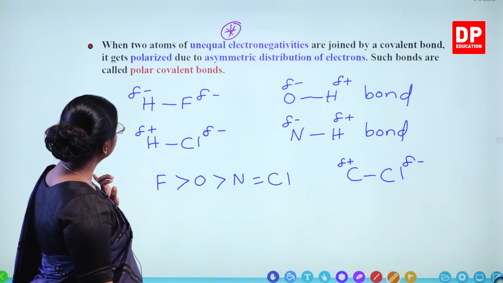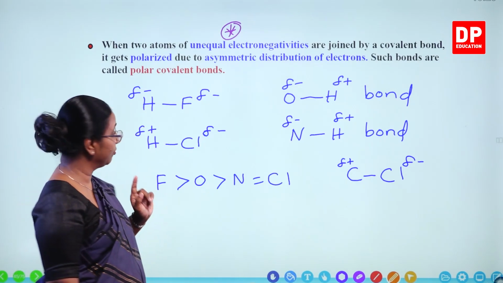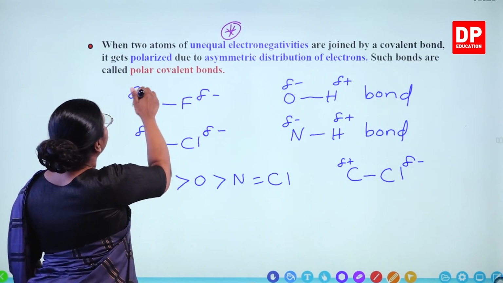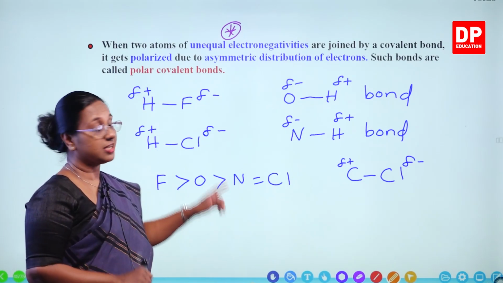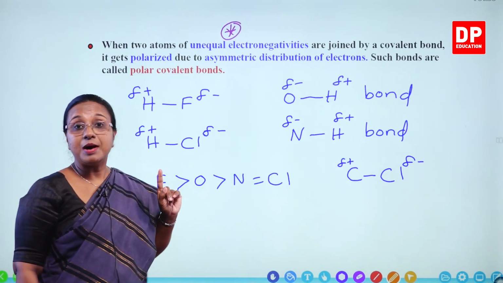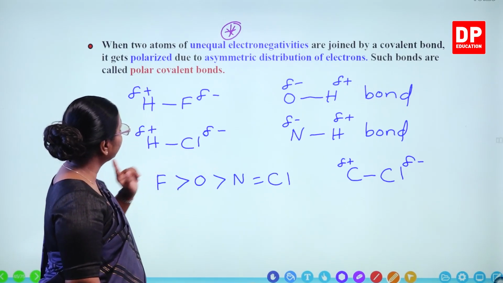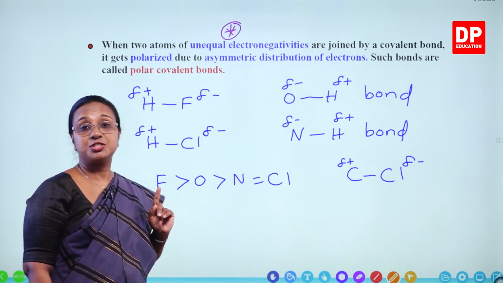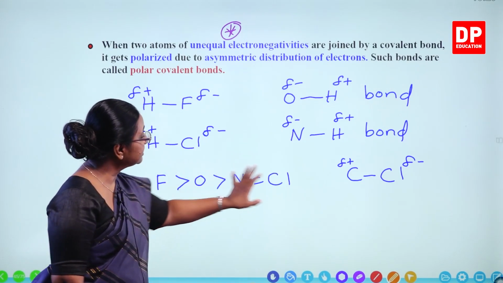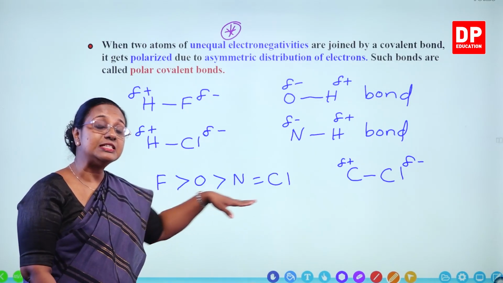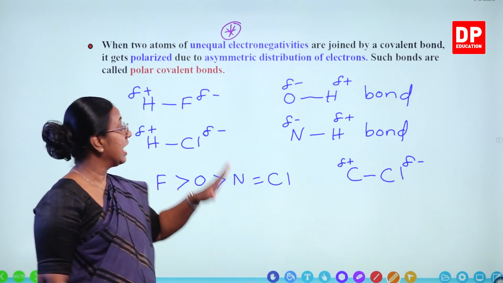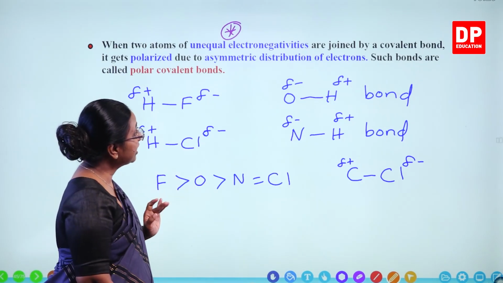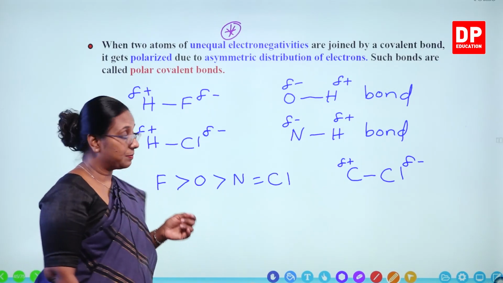As we looked at these two molecules, I told you all about hydrogen fluoride. So here also fluorine has a partial negative charge and hydrogen should have a partial positive charge. I mentioned that to you all before. Then again hydrochloric acid, or hydrogen chloride, has a partial negative charge on chlorine and a partial positive charge on hydrogen. And this is the order of electronegativity. So these elements get the partial negative charge and the less electronegative atom gets the partial positive charge. So with that, students, I will move on to the examples.